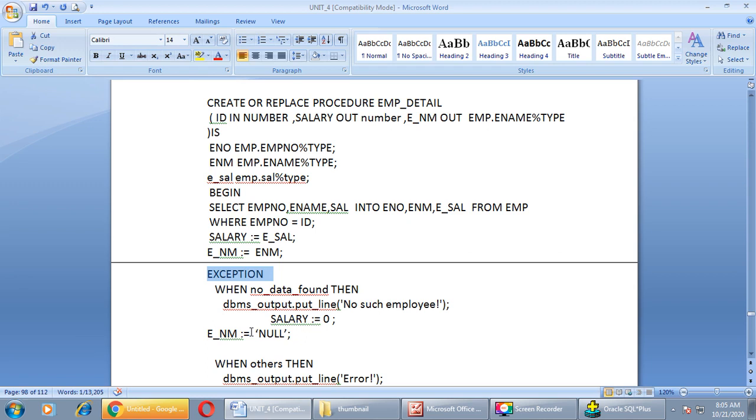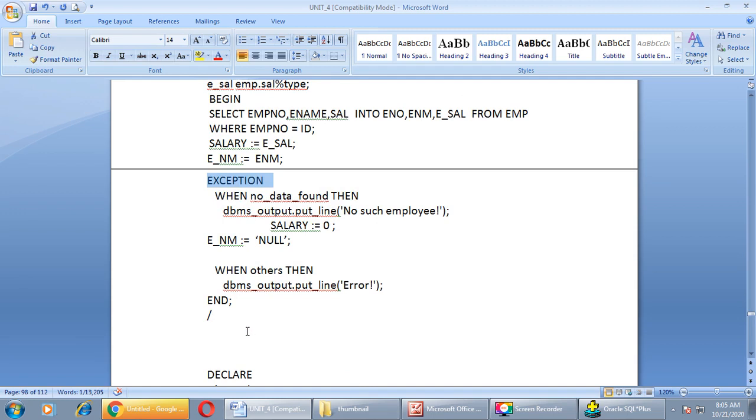And salary equals 0 and ENM equals null. In case of any other error, that we are handling through the word others: when others, then dbms underscore output dot put line, just print an error, nothing else. End of procedure.